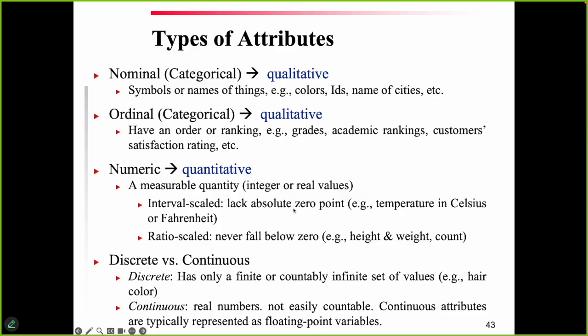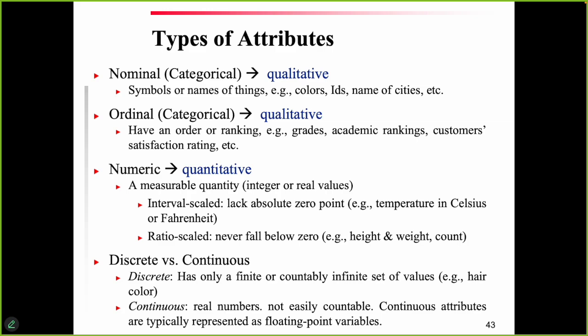It means that 0 doesn't mean the absence of quantity. For example, if you have temperature in Celsius, 0 degrees, does 0 degrees mean no temperature? No, it doesn't mean no temperature. It just simply refers to a specific